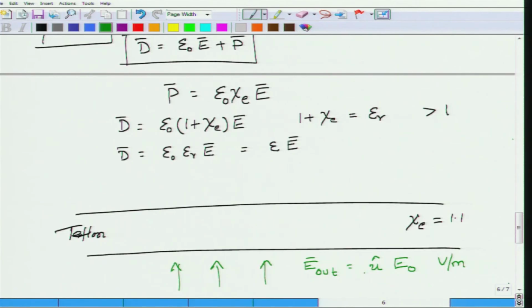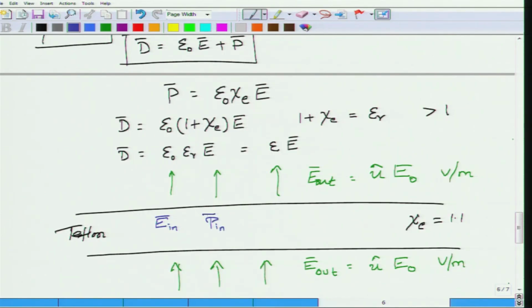u hat simply indicates an upward directed electric field, okay. I did not want to specify this as X or Y, so it is an upward directed electric field. Outside of the Teflon slab, on the other side again I have the electric field outside of the slab as an upward directed uniform electric field of magnitude E0 volt per meter. Now what can I say about the fields inside the dielectric? Well, all I can say about the fields inside the dielectric is, if E in stands for the field inside the dielectric, then